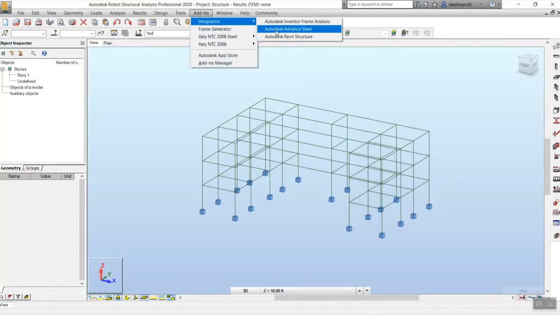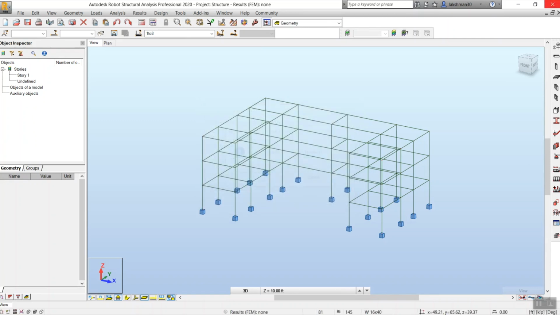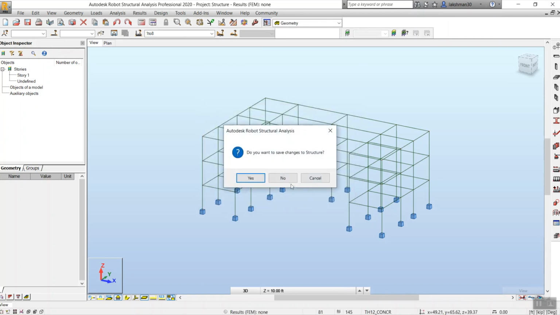In integration, under Autodesk Revit structure, you can click update model, update from the intermediate file, then OK, then choose the file and open it. It will get opened. So these are the two options you are going to use to integrate between Revit and robot.